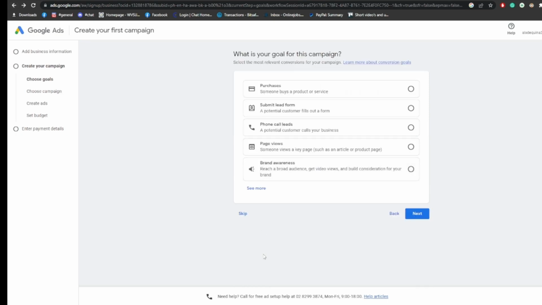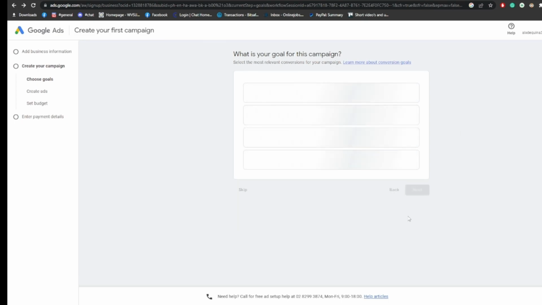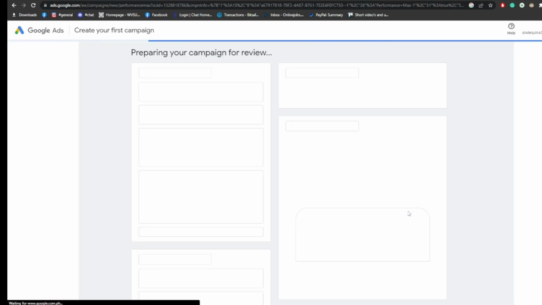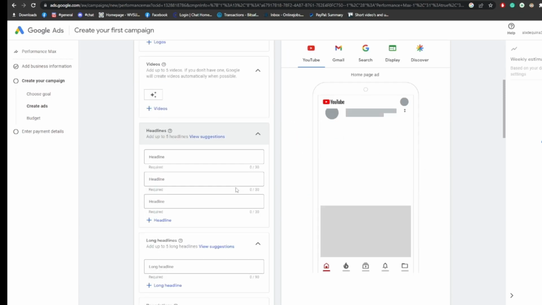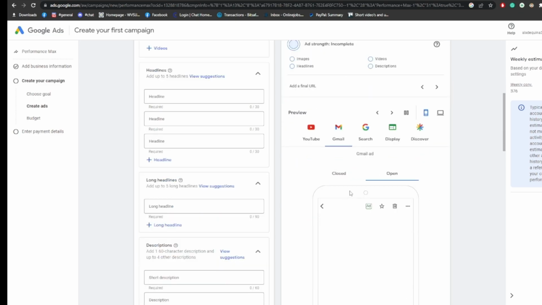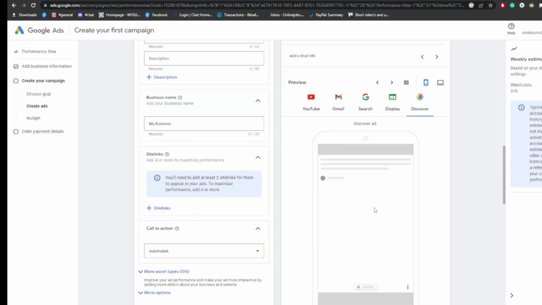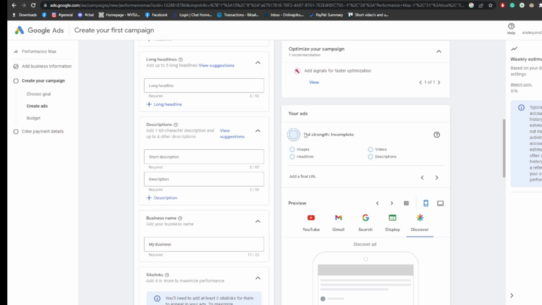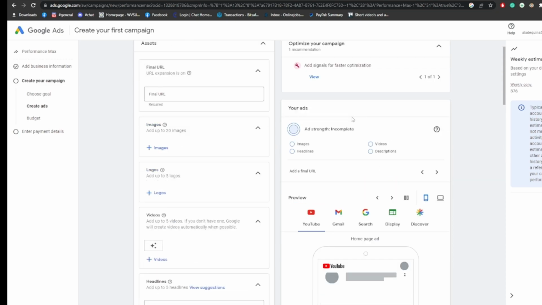So let's go back to what if we have chosen a campaign here. If we have chosen a campaign here, this is what we would see. So basically, this is a detailed setup of all of the ads that you want to display. So you can see it here in YouTube, in Gmail, and in Google, and in the other websites that are offered here by the Google Ads account. As you can see here, my ads is incomplete because there are no images, videos, and URLs and things like that. So what we need to do is go here and check,